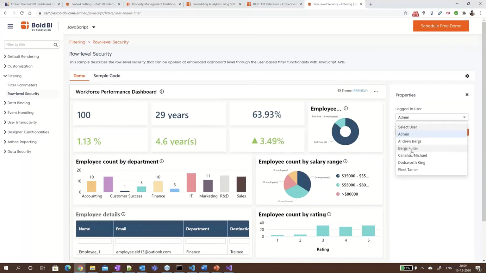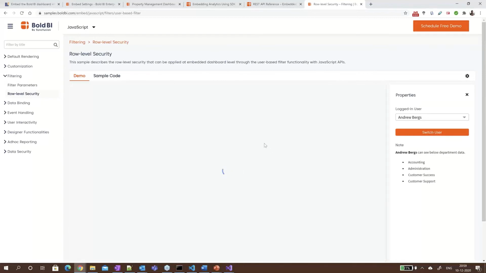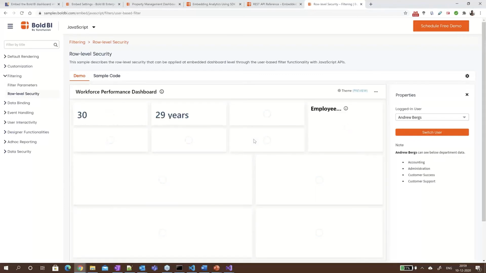Based on the logged in user and the settings for data access, users will see only their own data. Say, for example, if I log in as Andrew Burks, Andrew Burks has options to view accounting, administration, customer success, and support data alone. So based on this user selection, he will see only the data to which he has access.